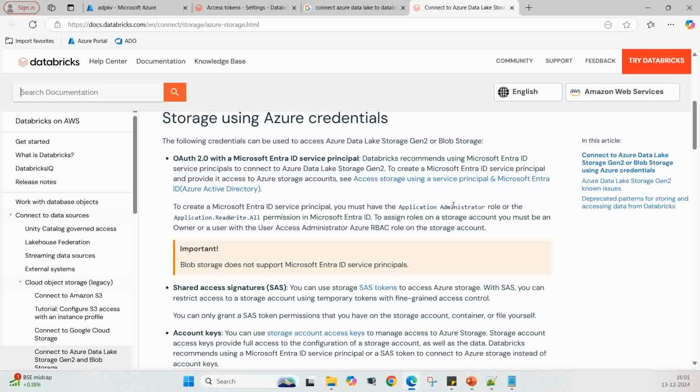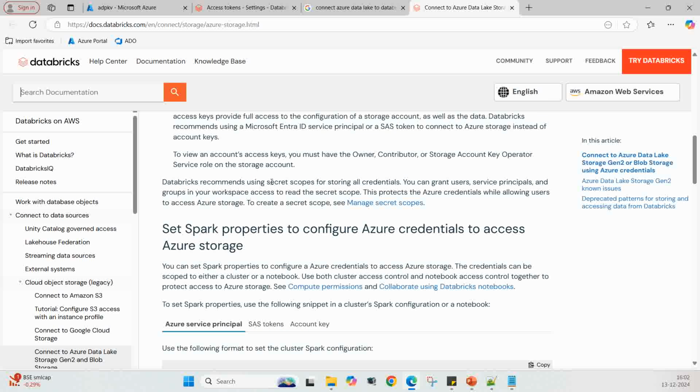There are multiple authentication methods. In fact, one is OAuth 2.0 with Microsoft Entra ID service principal, or using SAS shared access token, or with account keys. So we can use any of these three authentication methods. We have already decided to use service principal, which we created in my previous videos, which you have already seen. Now, if we come down,